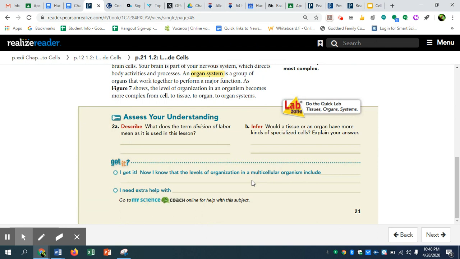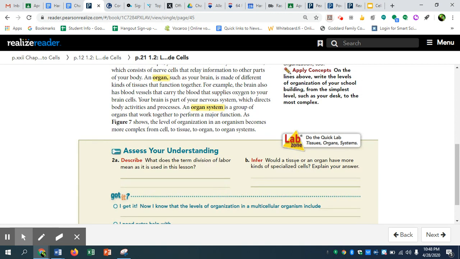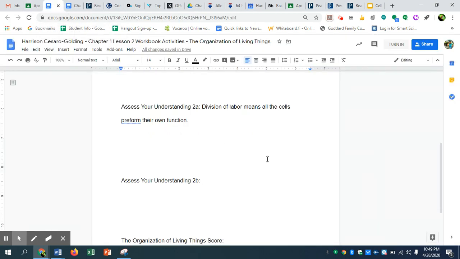It says, would a tissue or an organ have more kinds of specialized cells? Explain your answer. So which one's more complex? Is a tissue more complex or is an organ more complex? So you might have guessed it. An organ is more complex. And why? Because it's made up of different kinds of tissues that are working together for a certain function. So we're going to write, an organ is complex because it is made up of